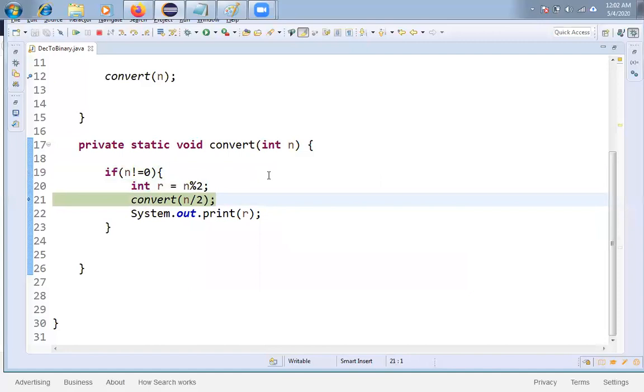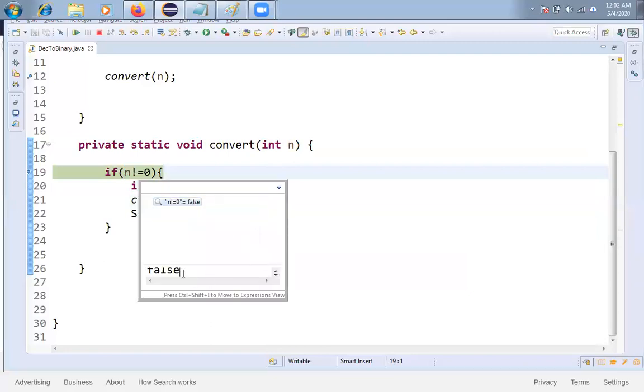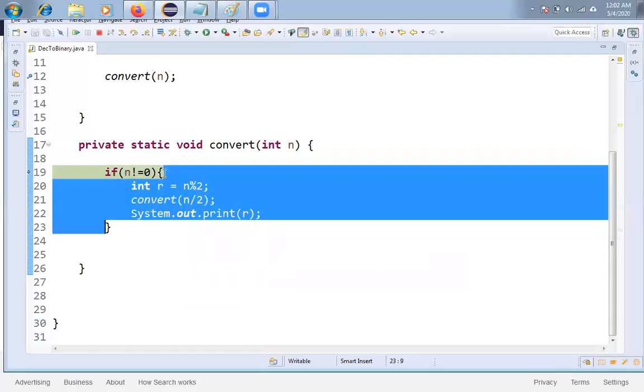In this case what will happen? Be careful friends. 1 by 2, click on F5. See the n value friends? 0, right? So here I'm checking the condition. What is the condition here? Control Shift I. So you'll get false. We got false. So what will happen? I will not enter into the if condition, because it becomes false.